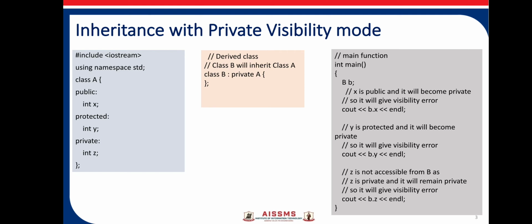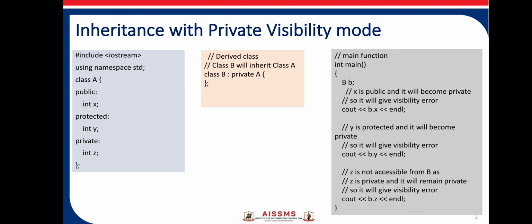As we know, to access the content of a class, we need to declare the object. So first, in the main function, we declare the object with the name B. With the help of this object, if we try to access the x variable, which is initially in public mode, but during the inheritance we declared it as private, because of that, the public x variable also gets converted into private. So during the compilation, it will show an error.